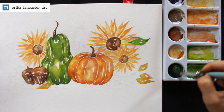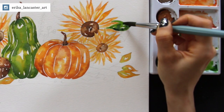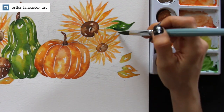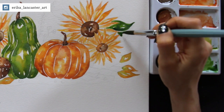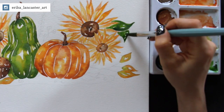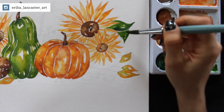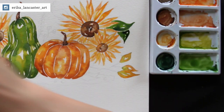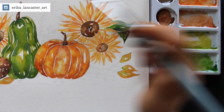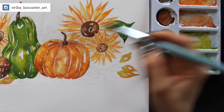And you can turn back the video just a few seconds so that you can see how doing this lifting really helps bring a little bit more dimension into sections that you have perhaps flattened out a little bit too much. Now, how much lifting you can do of that color after it's already dried is entirely going to depend on the type of paper and quality of paper that you're using, the quality of the paint that you're using, and even the specific pigment that you're using, because even within the same watercolor paint set, different colors have different